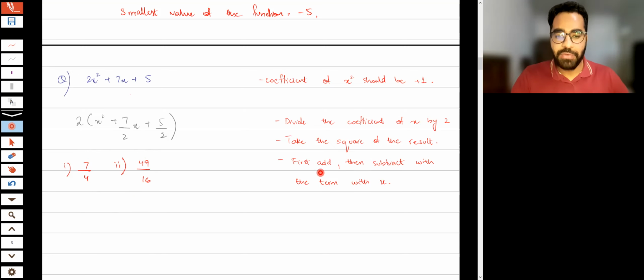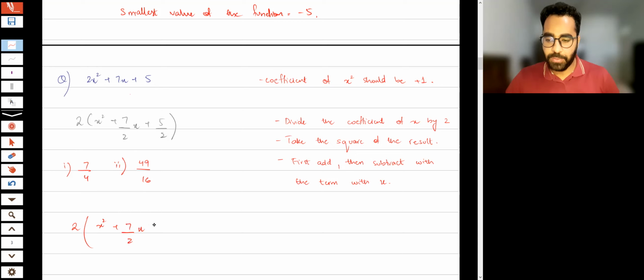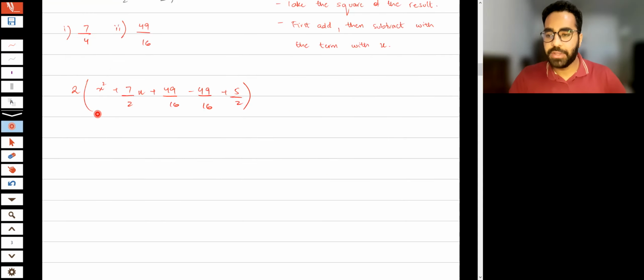So yeah, then you have to add and then subtract it with the term with x. The term of the x is 7 upon 2, 7 upon 2x. So I'm going to write 2x squared plus 7 upon 2x plus 49 upon 16, and then minus 49 upon 16 plus 5 upon 2. 5 upon 2 would come as it is. Okay? Now what to do? I have to take the first 3 terms and apply my first or the second identity. Okay? Since I have a positive sign with the coefficient of x, I'm going to apply the first identity,